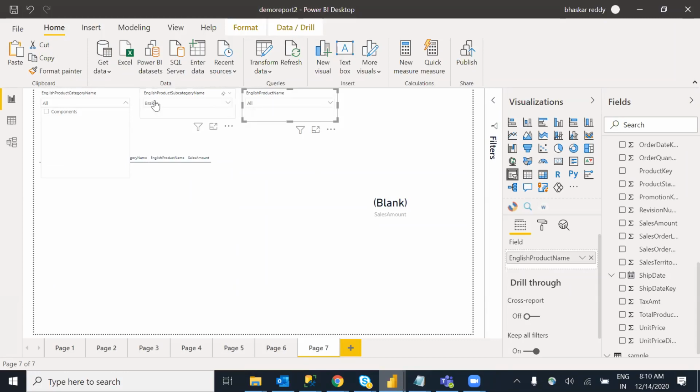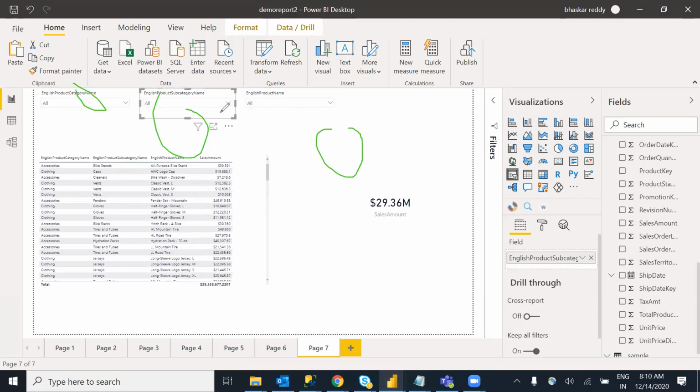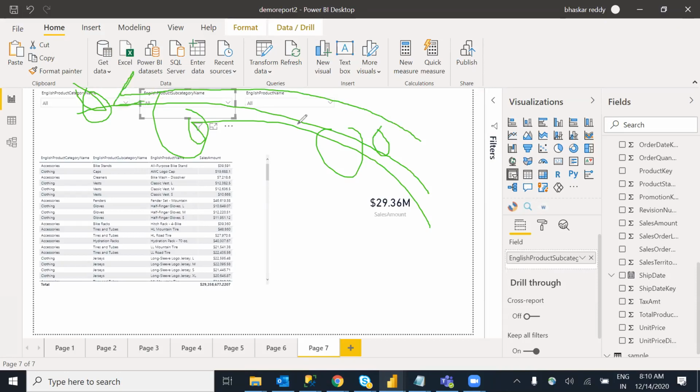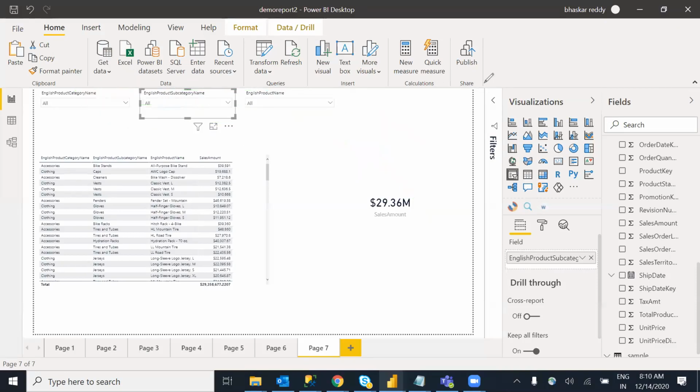Earlier, this is parent, child kind of thing. Now if you select something over here, it is filtering like this. If I select something, it is filtering like this. In the earlier case, if I select something, the data is not filtering in the reverse direction, because the relationship direction is single direction. It's an important concept. Sometimes while working with multiple tables, some data is not filtering if you select something. That time, most of the time, you make the relationship single direction into both. You have to check the cross filter direction as both.